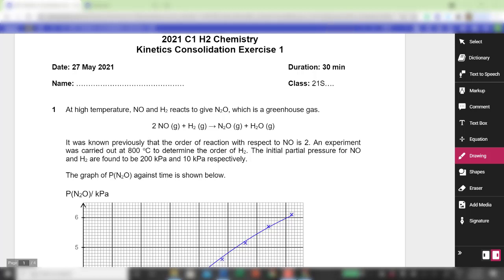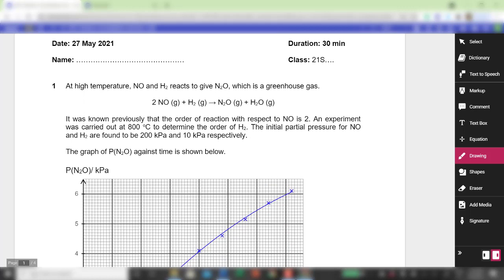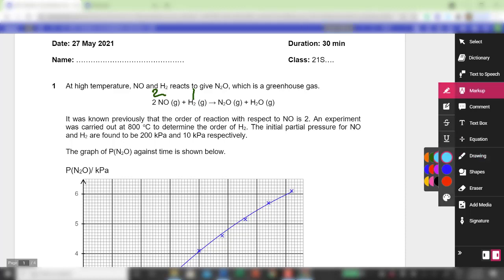Alright students, let's debrief kinetics consolidation exercise 1. For the first question, you were told that you have two gases, NO and H2, reacting to give you N2O, and they react in a 2:1 ratio. From a previous experiment, the order of reaction with respect to NO is found to be 2. So for this particular experiment, you are supposed to determine the order of reaction with respect